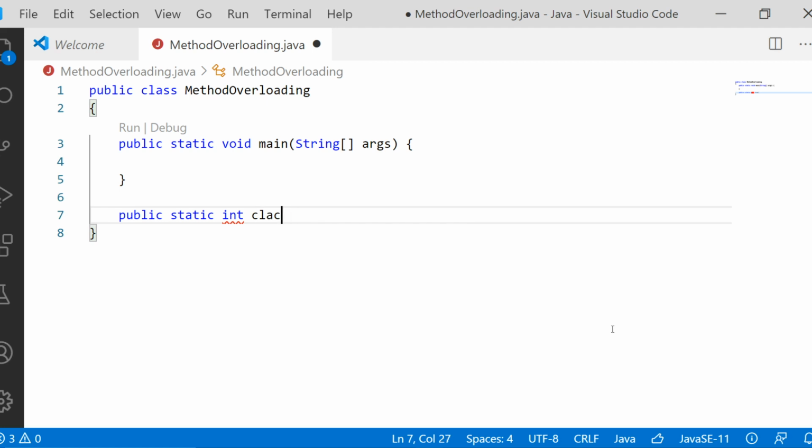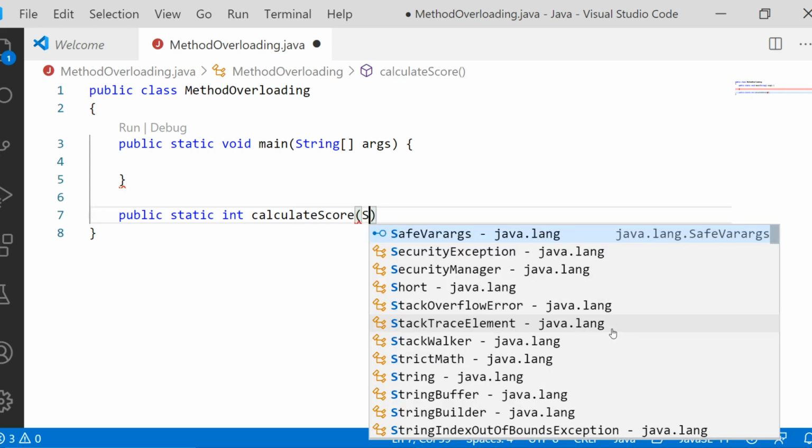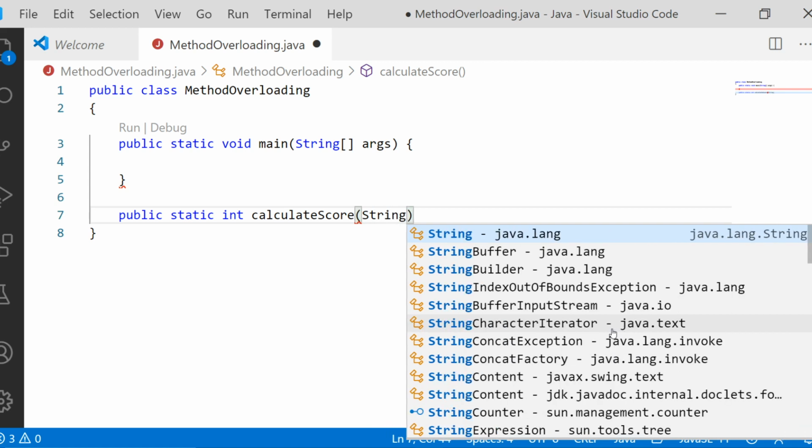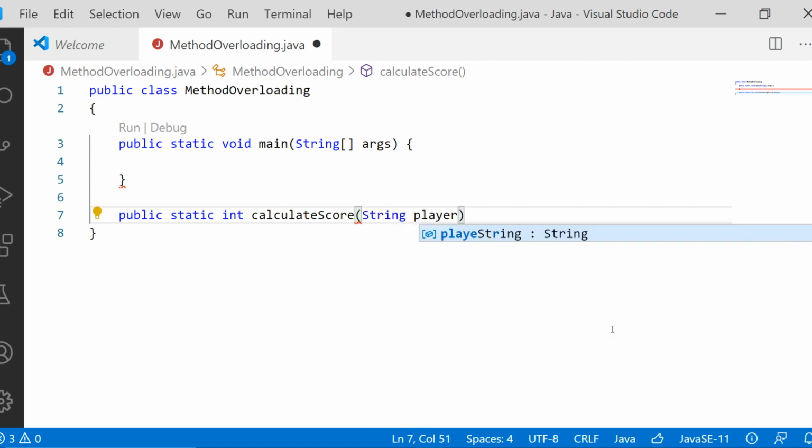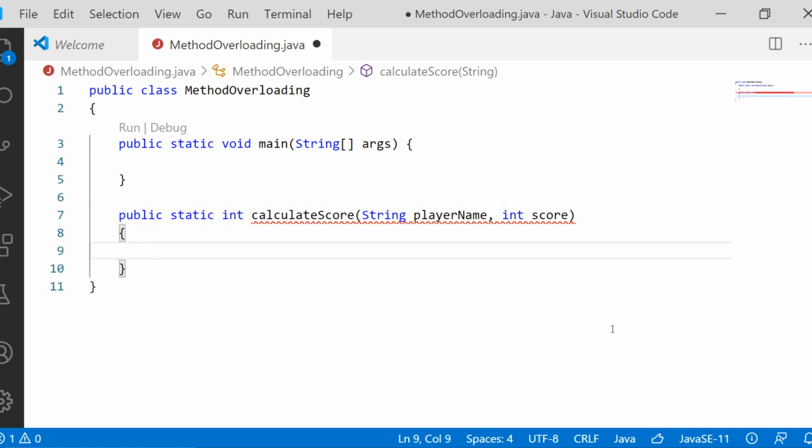Then let us define a method calculateScore, followed by parentheses, where we will have two arguments: String playerName, similar to a game-playing concept. The first argument is the player name, and the second argument is going to be the score a user has secured.